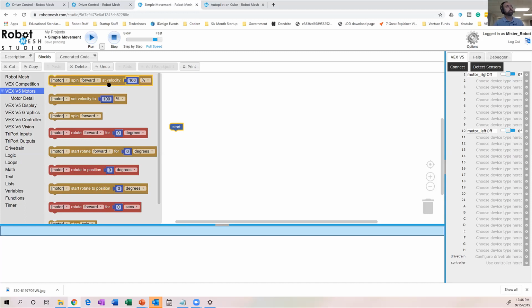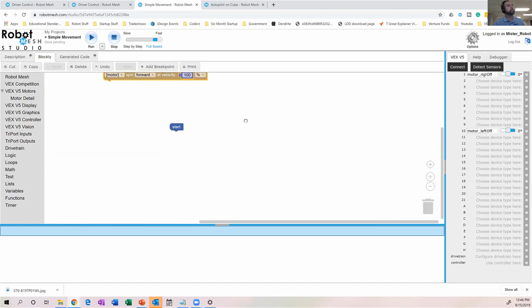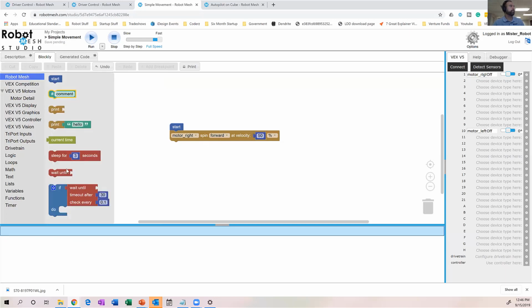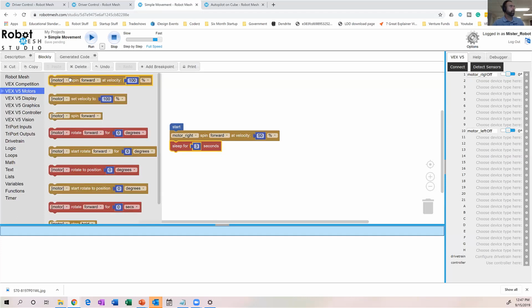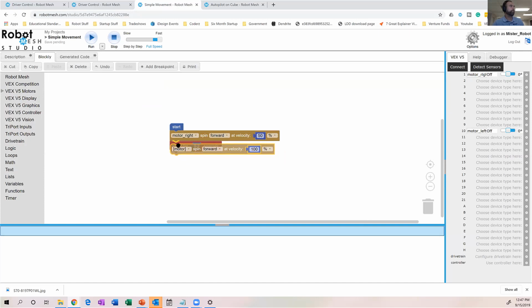So gold blocks are called flowing blocks, meaning that as we build our program, I'm just going to snap blocks together. I'm going to choose, for example, a motor and set its speed. And then maybe I want it to do something else, so it's going to do that for 3 seconds. These gold blocks, I'm just going to grab another gold block. So maybe I want my left and right motor to both spin